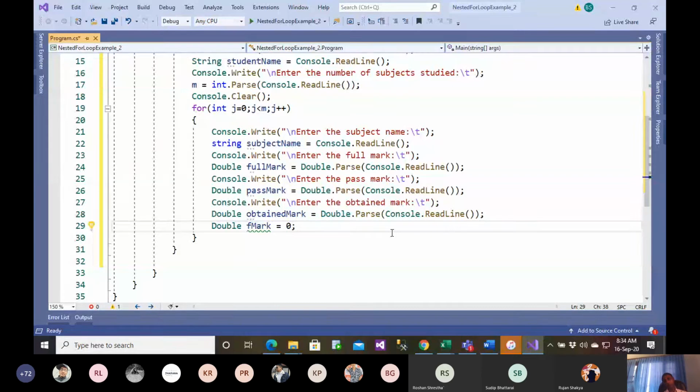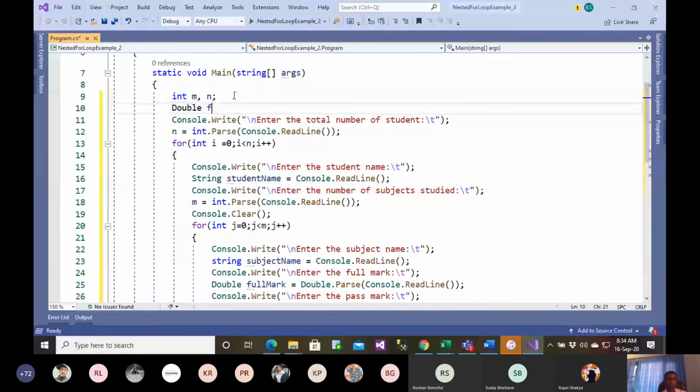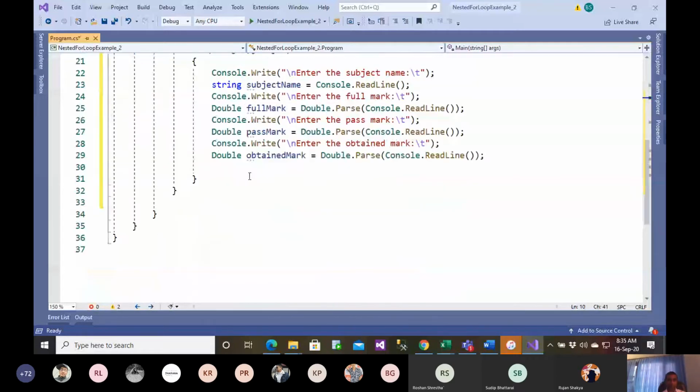If I do that, then there is a problem here because every time this will be set to 0 and then that will create a problem. So let me create this as a variable here. Equals to 0. But there will be still a problem here, everyone, and I'll see where is the problem.